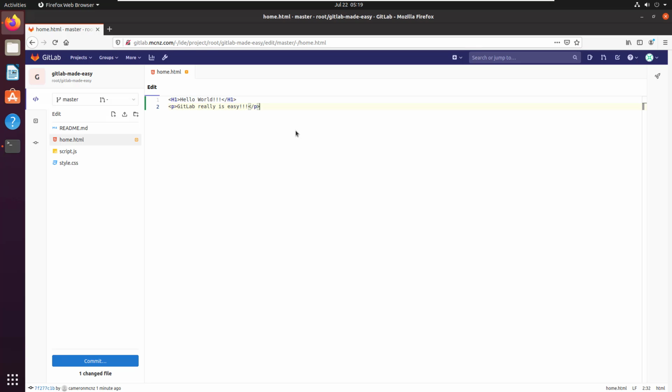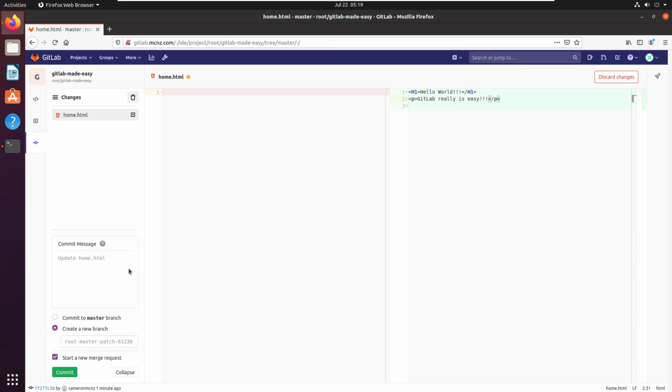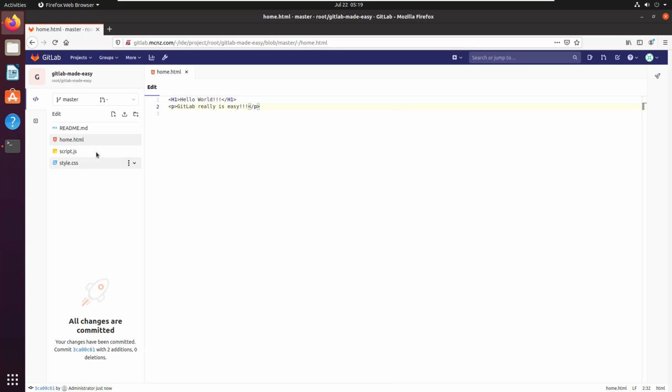and then say GitLab really is easy. So you can use this web IDE to update files. So I'm going to do a commit here. If someone takes a look at this file and looks at this commit, it will update home.html. I guess that looks good. I'm going to commit to the master branch, click commit here, and all of a sudden the latest commit has